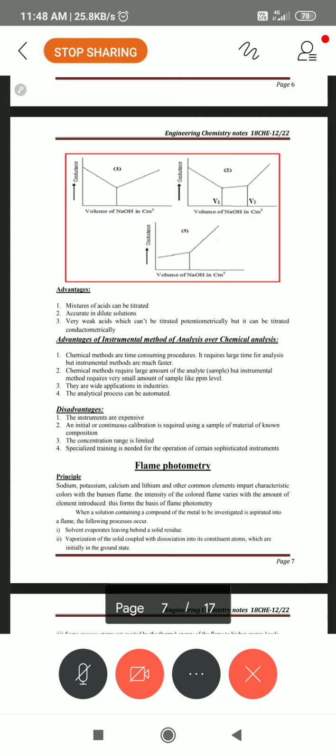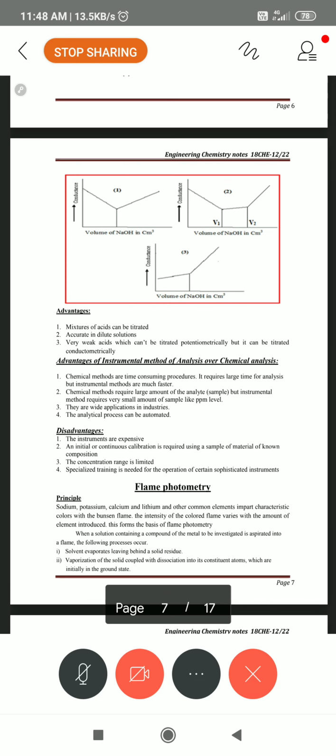Here we can do a qualitative analysis. For example, for the 790 nanometer slide, you use the filter at that wavelength. If you keep sodium chloride, it won't read it. If you want sodium, use the exact sodium filter. If you want potassium, use the potassium filter. If you want calcium, use the calcium filter. That respective filter you can use.